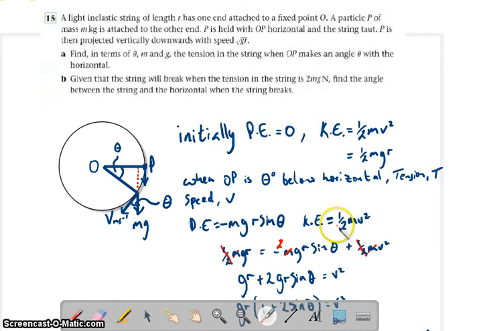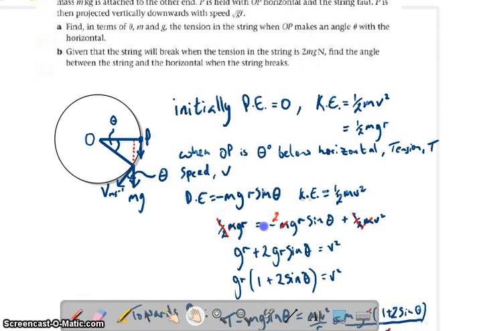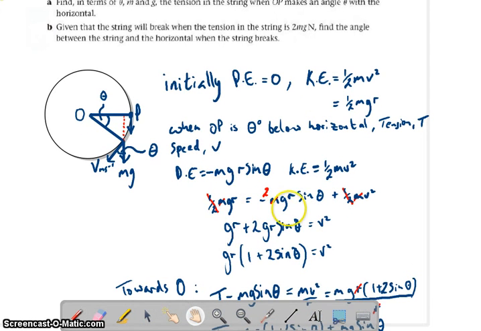So, any loss in potential gets converted into kinetic. So if you equate those together, then you can rearrange and you can say, well, the total energy is now any potential that's converted into kinetic plus any potential gets converted into kinetic. Looking at that, we set up this equation here,